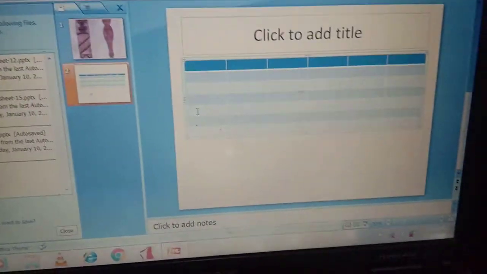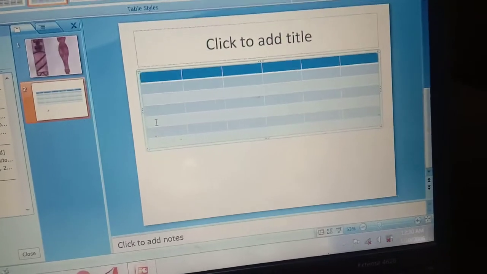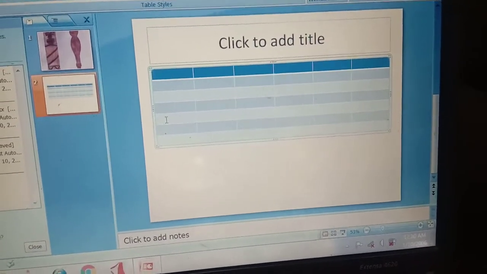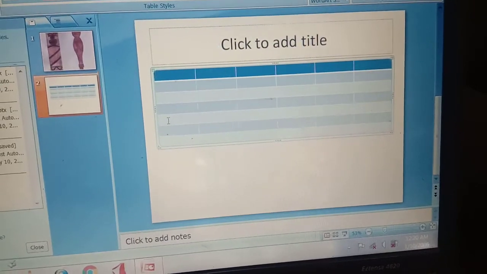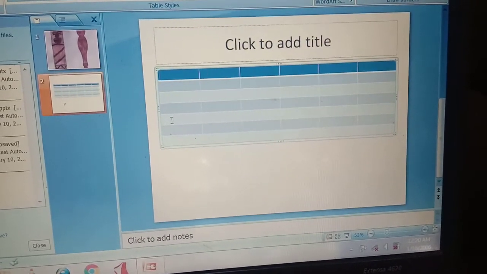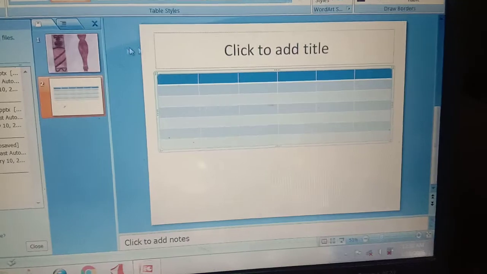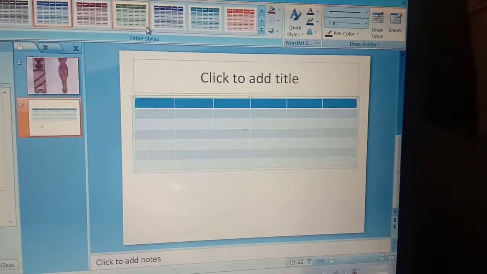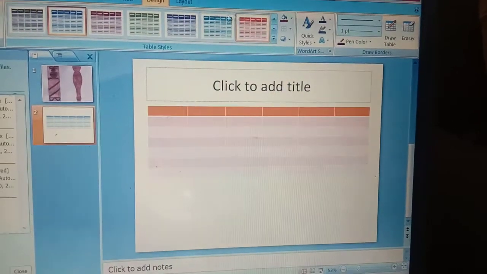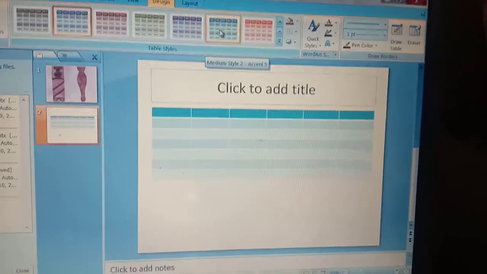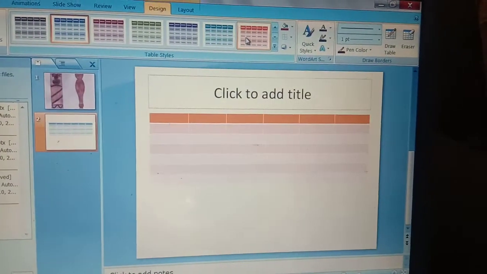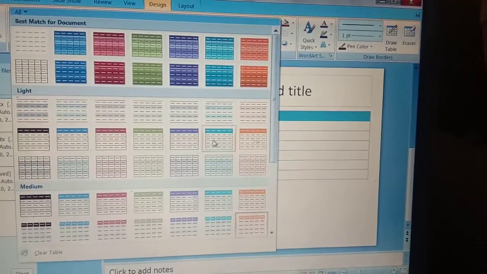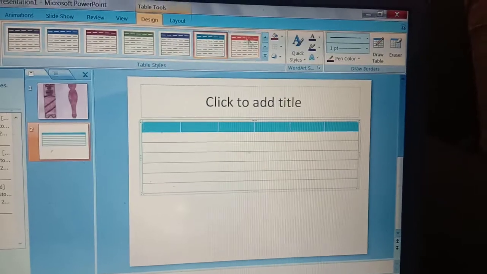As I clicked on the OK button, the table will appear in front of us in a slide. So it's very easy to insert a table in a slide. Or also you can format your table. Whenever a table is inserted in a slide, this type of menu will come in front of you to decorate your table according to your need, to format your table, to style your table as you want.